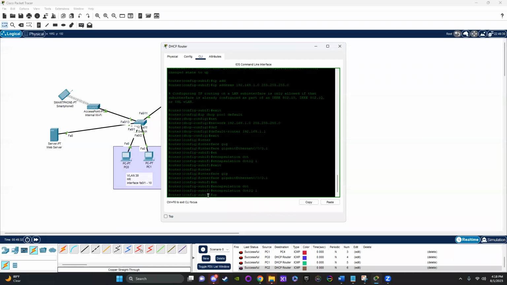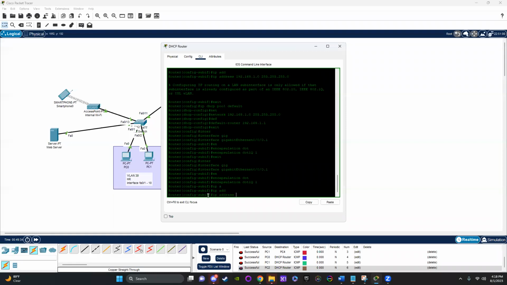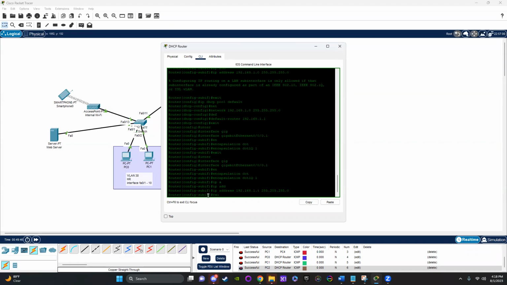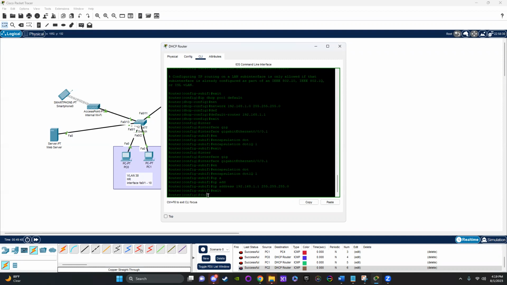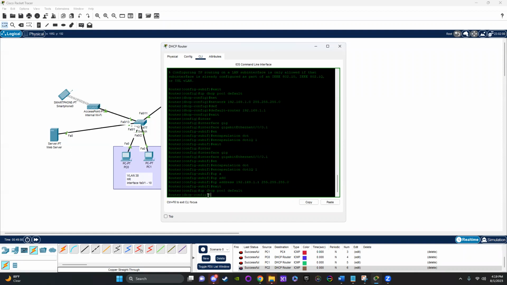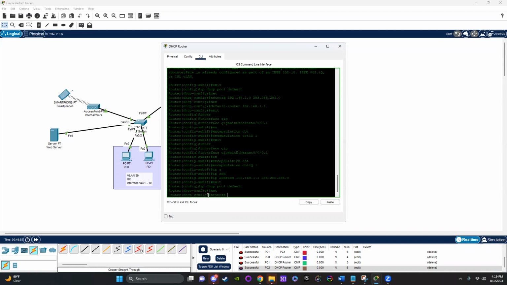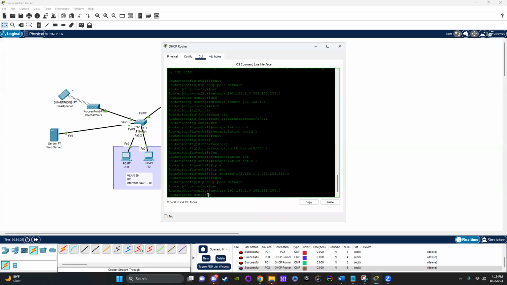IP address 192.168.1.0, not 0.1, 255.255.255.0. There we go. Exit this. DHCP, IP DHCP pool default, network, again, 192.168.1.0, 255.255.255.0, default router,